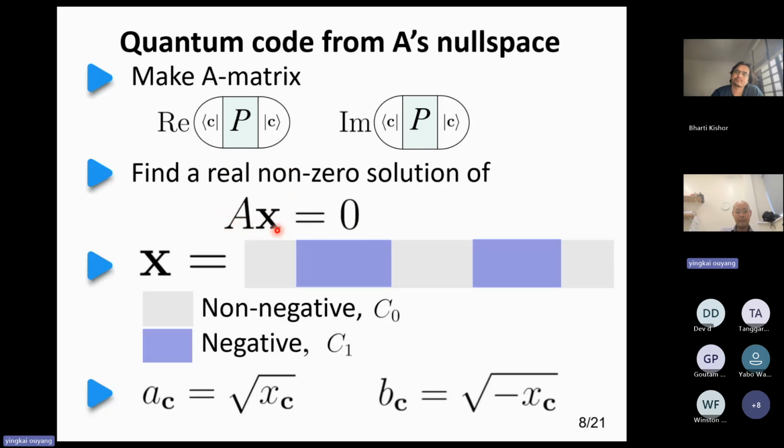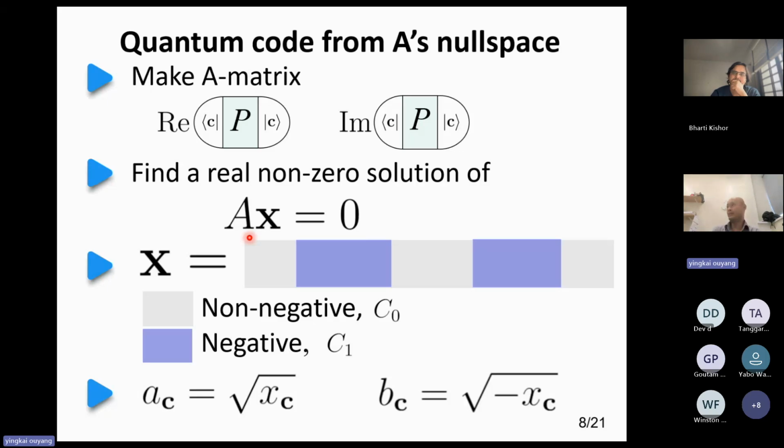Then if there is a solution X to this matrix equation, it must be real. In fact, if X is a solution, then it must be in the null space. You want a non-trivial solution, so you want the matrix A to have a non-trivial null space, and the null space of A is non-trivial if it has more columns than rows. That's guaranteed. Of course, if it has the same number of rows and columns, it could still have a non-trivial null space if there's some redundancy. But for sure, you will have a null space if the matrix is fat, much more columns than